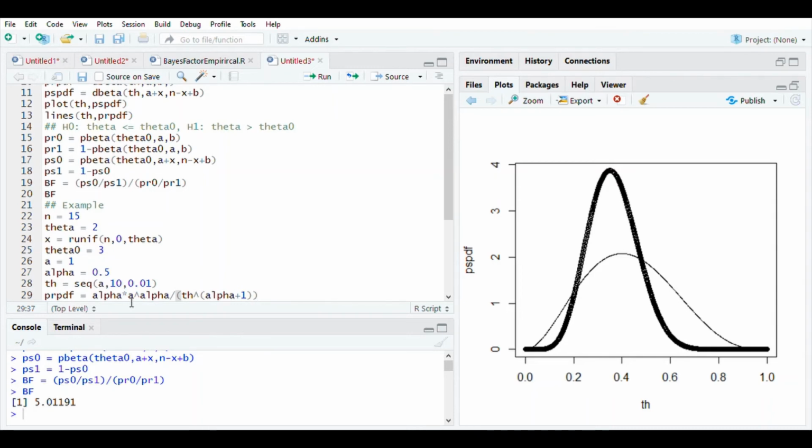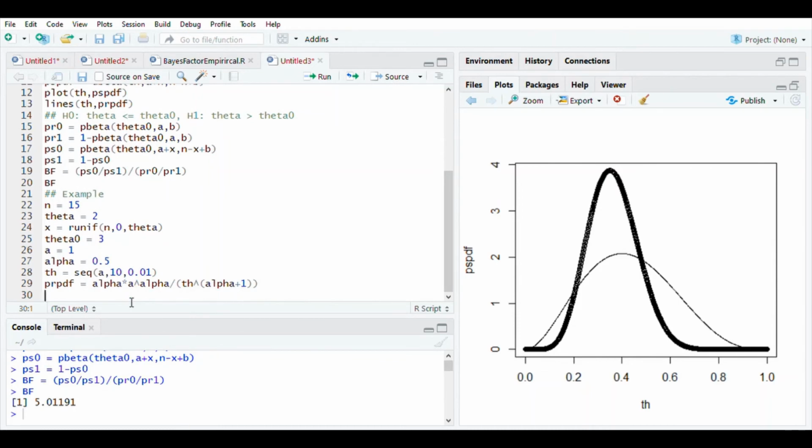Either this way you can directly compute, or you can define a function separately for computing the prior PDF, and in that function you can specifically mention that if theta is less than A, then return 0, so that the prior PDF will be 0 automatically for all the values of theta which are smaller than A. So either way you can do it. Now the posterior PDF: notice that the posterior PDF's values start from t. Because you are calculating this for the same range of th, otherwise you won't be able to plot it in the same graph.